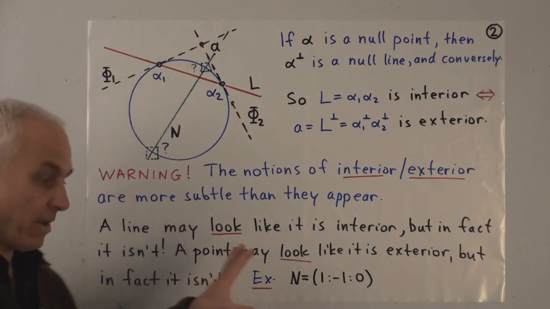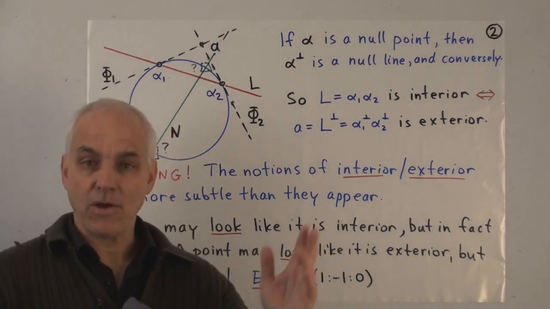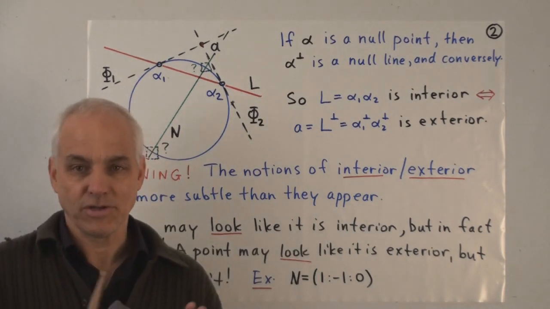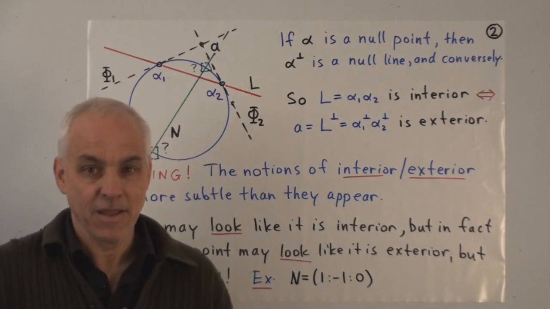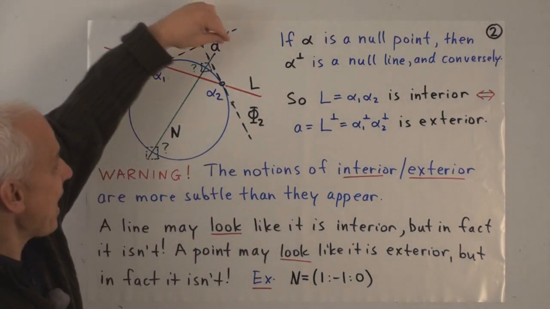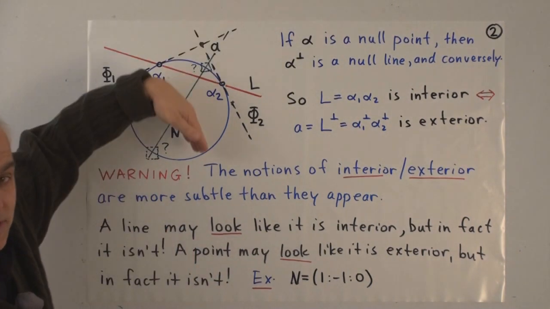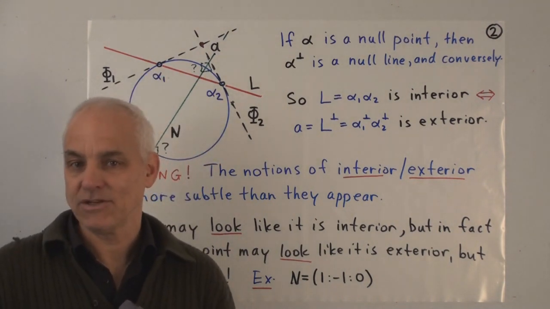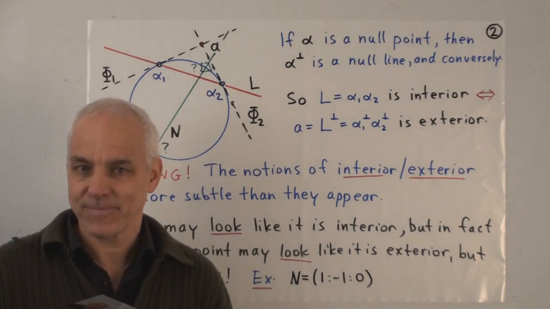So we're not going to talk too much about interior and exterior points. Later on we'll talk more about them and we'll address this number theoretical issue. Just want to alert you to this idea that we can in fact capture the idea of an exterior point or an interior line just by the projective geometry of intersections or meets of lines, joins of points.